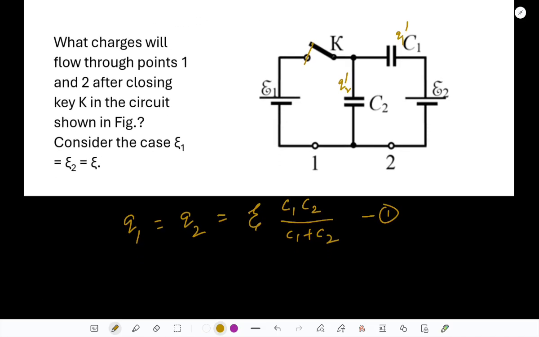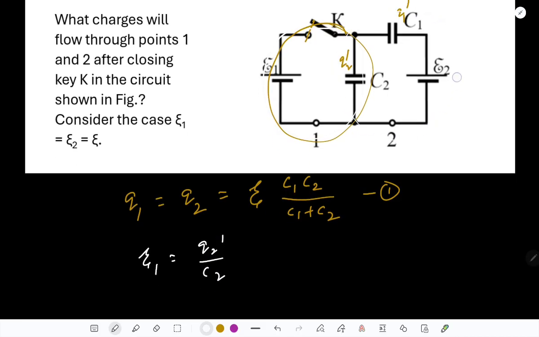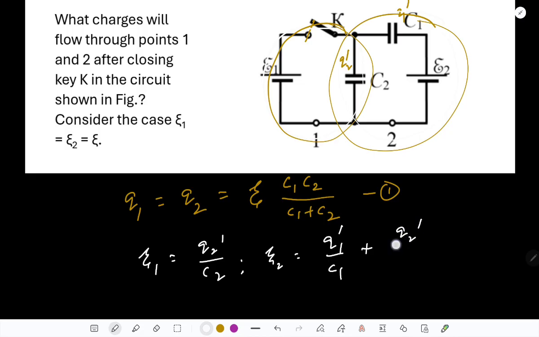For this circuit you can simply write E1 equals Q2 dash by C2, and for this circuit again you can write E2 equals Q1 dash by C1 plus Q2 dash by C2. This is the set of equation 2,